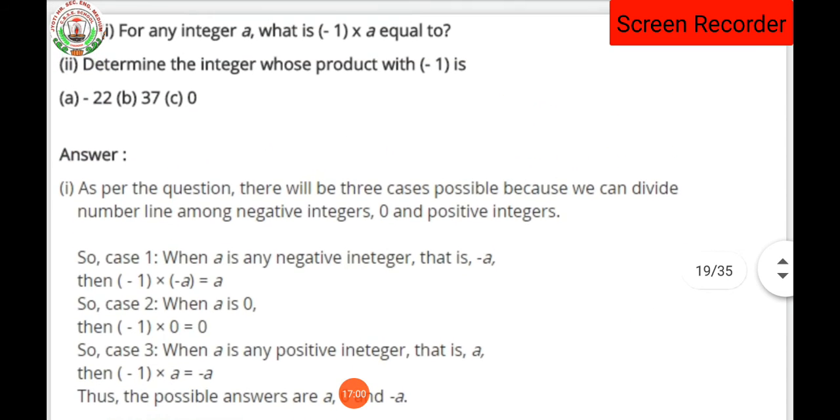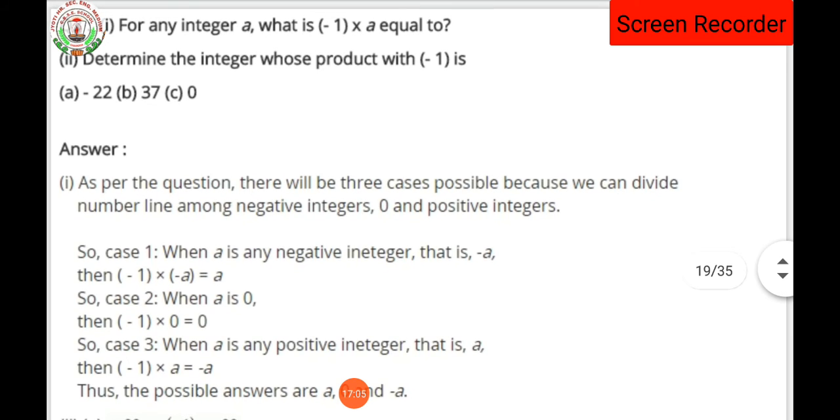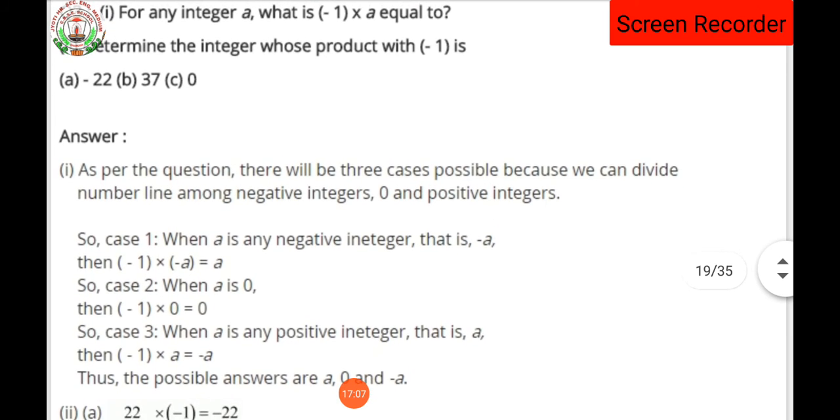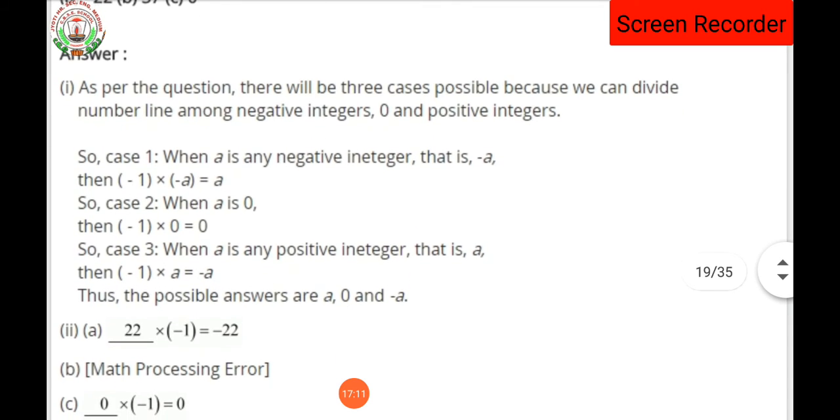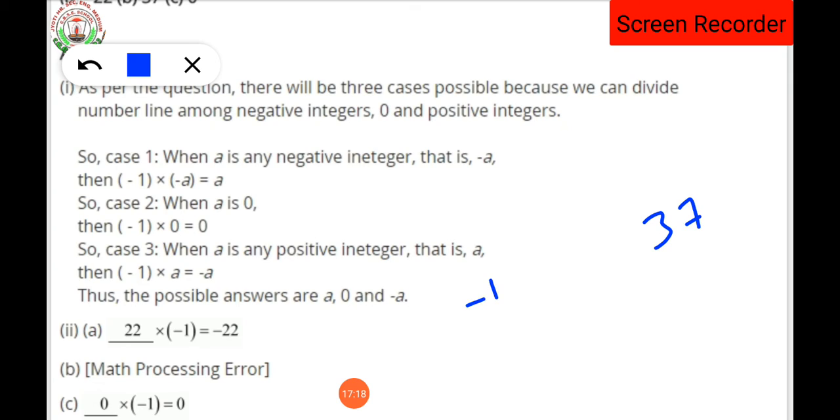in the second part of the question we are having 37, isn't it? So dear student, here 37 is a number, plus 37. So here some error will be there. Why does the error show? Because answer 37 should be there, it is asking, and we have to multiply minus 1 with such a number to get plus 37. So it will be minus 37 that will be multiplied.